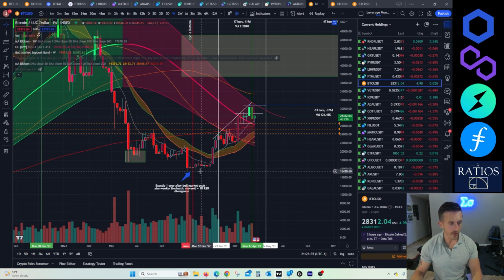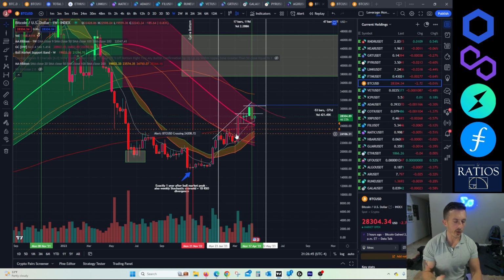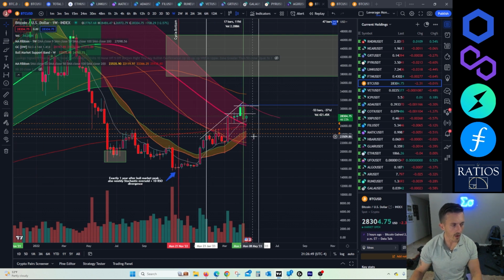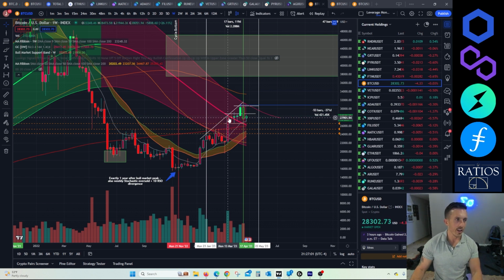Bitcoin hit 15.5. It rallied up 100%. Right here, it broke through the weekly Gaussian channel. And one indicator that leads us to believe and kind of justify why that happened is we had the 9 EMA cross up the 50 SMA right here, which caused a huge explosion up to this trend line here, which actually meets right in the middle of the Gaussian channel. It's interesting how all these things line up, right?